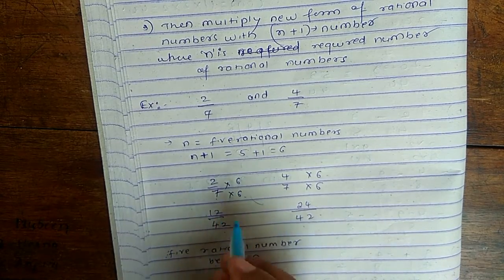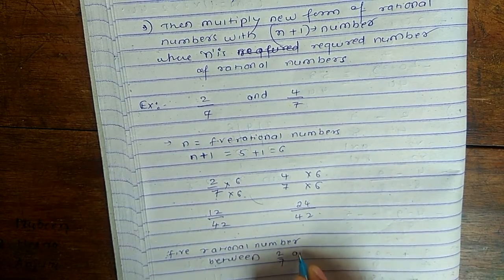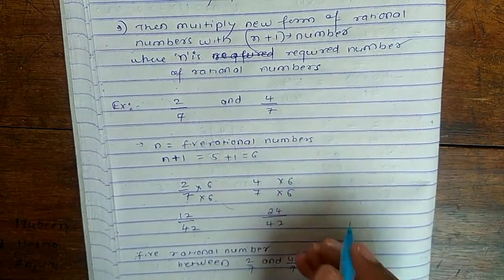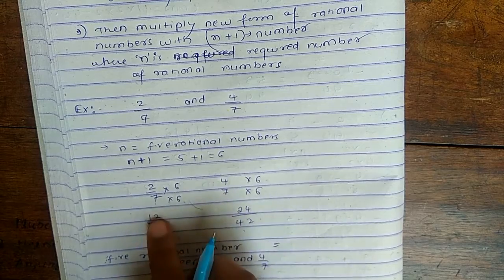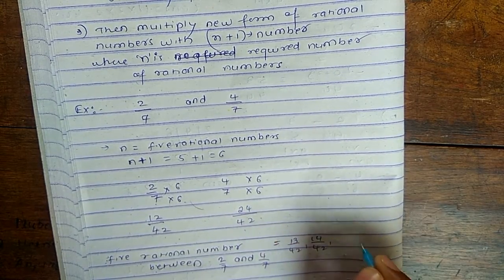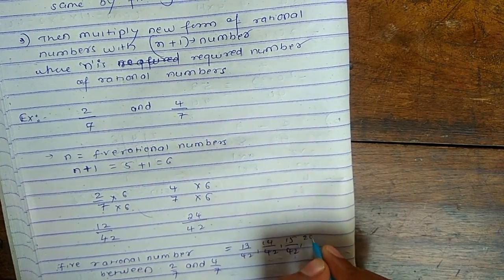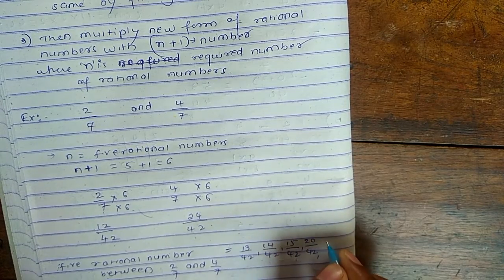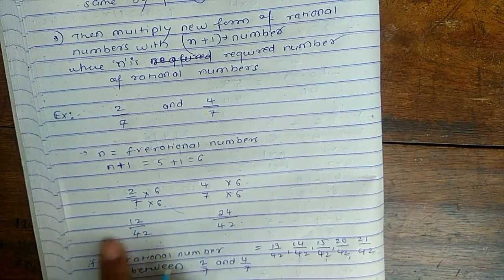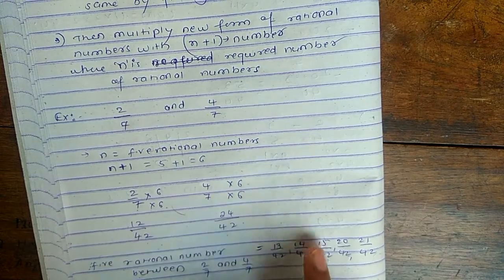12 by 42, or the main form of this, 2 by 7, and 4 by 7, because these are equivalent forms, which means the value will be equal. So you can write 13 upon 42, 14 upon 42, then 15 upon 42. If you want to skip 16, you can skip. You can write 20 upon 42, then 21 upon 42. And remember, you should exclude these two. Between means these two you have to leave, and from 13 to 23 you have to choose the